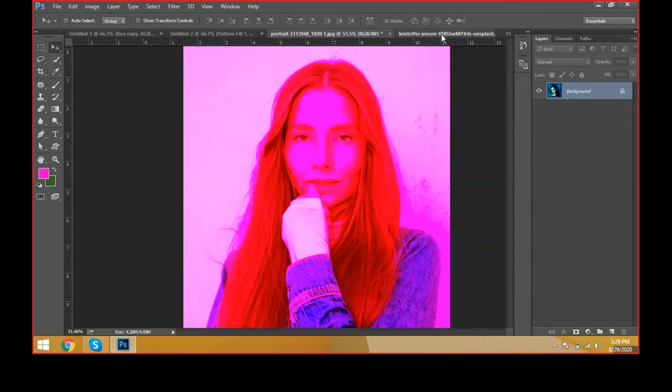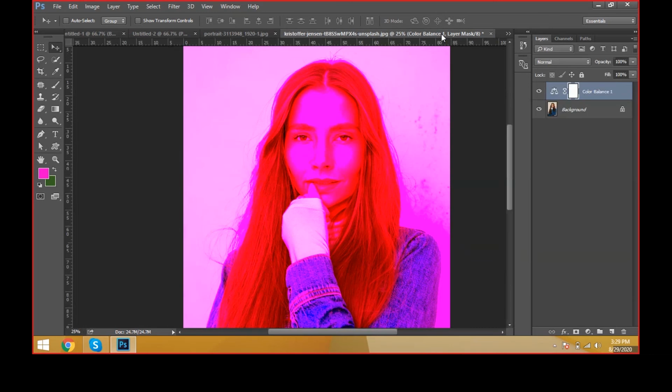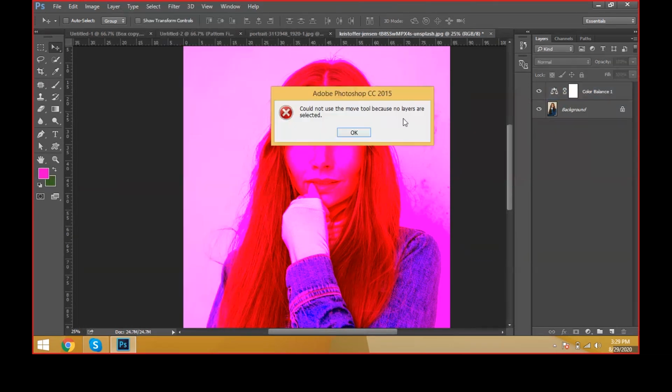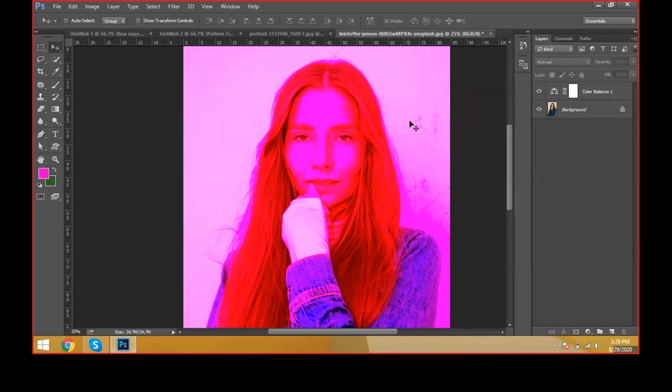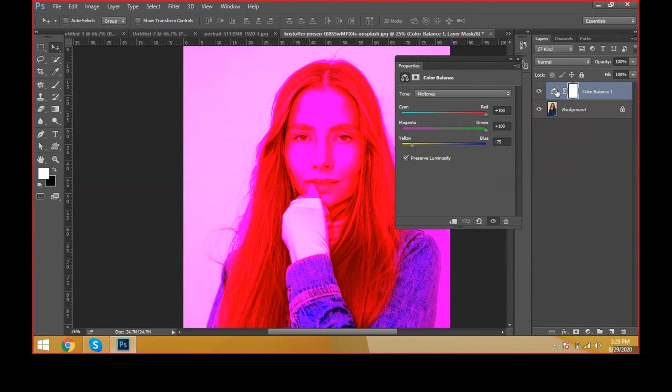But here when I'm using the adjustment layer in the layer palette, then automatically I can edit the properties we have given here. Just double click on the color balance properties. Here I gave the midtones. Cyan will be 0. I'm just keeping 0, 100. I'm just keeping 0. Here also 0. Here also 0.